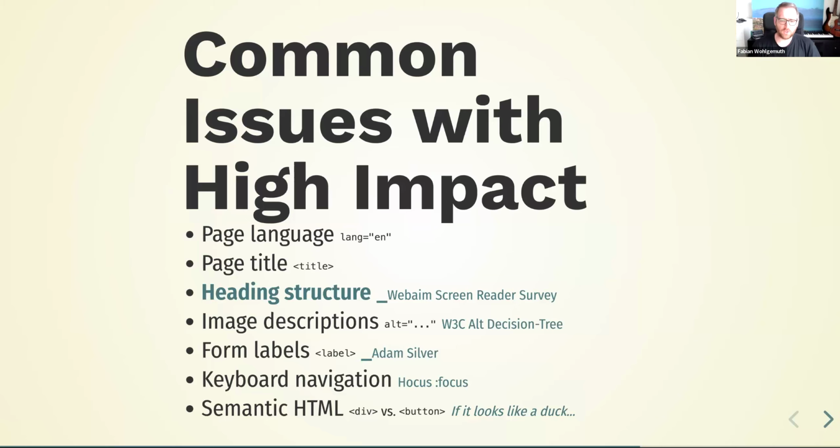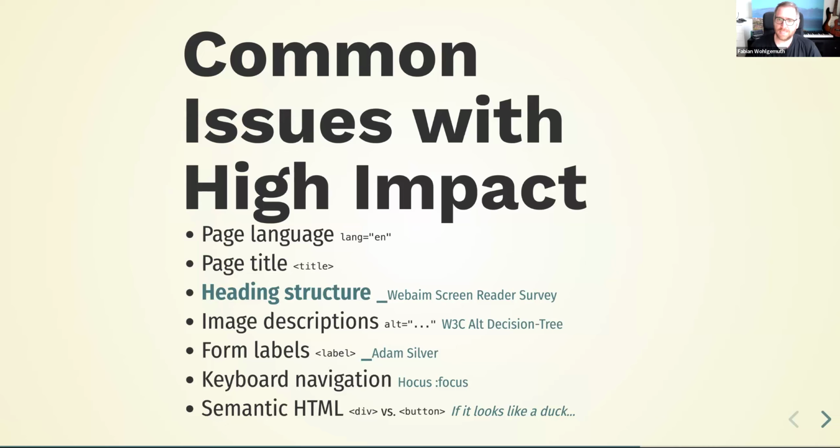Most of this comes down to one very simple thing: semantic HTML. If there is something in HTML that does what I want it to do, like I want to use a button, then I'm just using a button. I don't build it myself with div and on-click events and such. I'm just using a button. If I want a link, I'm using an A tag. I don't use a button and give it an href and another role and stuff. I'm not using a link to create a button.